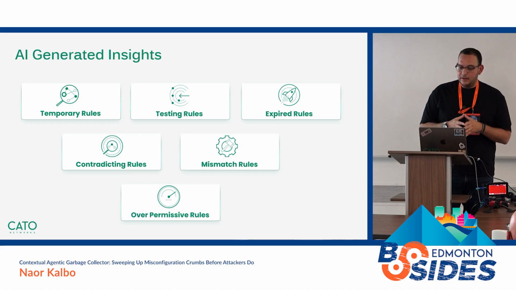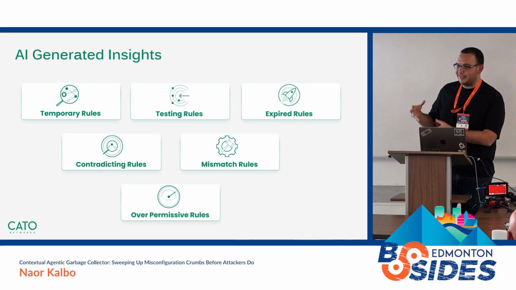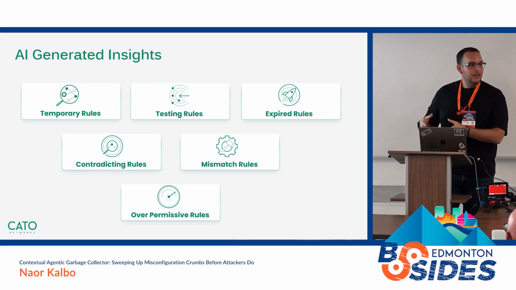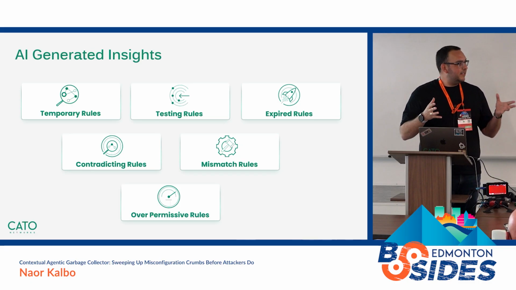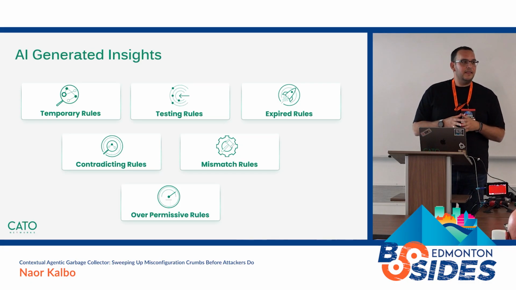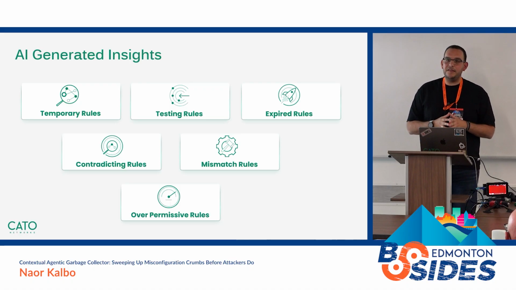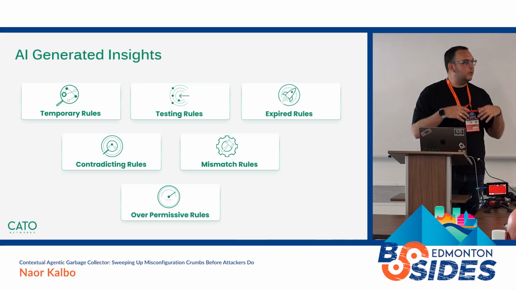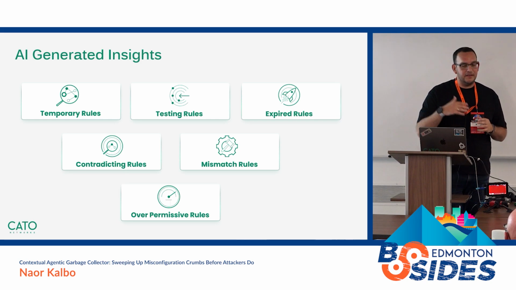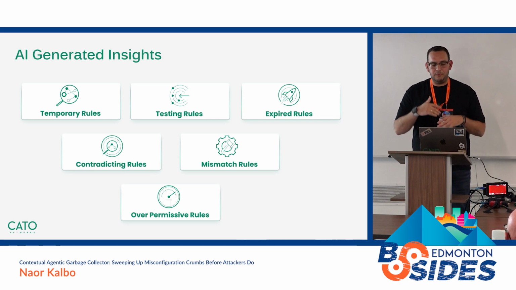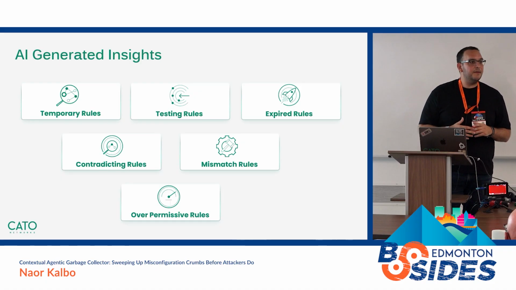A mismatched rule is a rule mistakenly configured with the wrong action compared to the semantic meaning, the intention. Let me give you an example. A CISO or the IT can define that they are not allowing VNC in the organization. So they create a new firewall rule. They say block VNC in the description according to policy, and so on. Define the VNC port, define some applications, and then mistakenly, they choose to allow in the action.